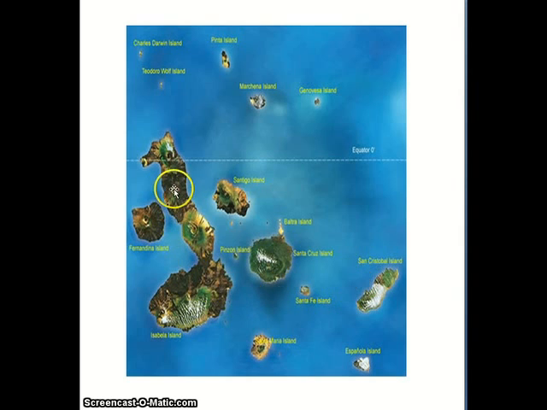So these islands, these land masses, arose out of the sea. They are volcanoes, the tops of volcanoes. So as these islands emerged from the sea, they were molten rock that cooled. And so they were lifeless regions of land. Now, obviously today there's life on them.